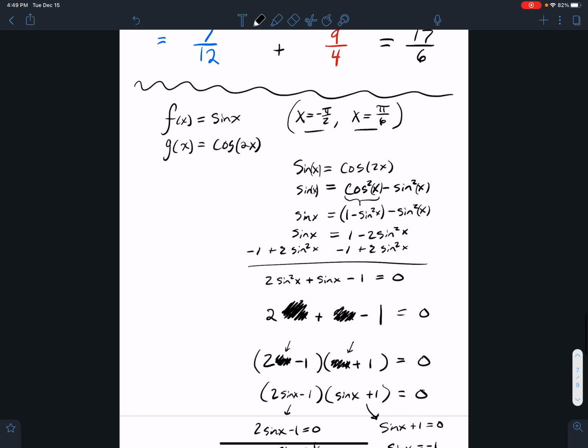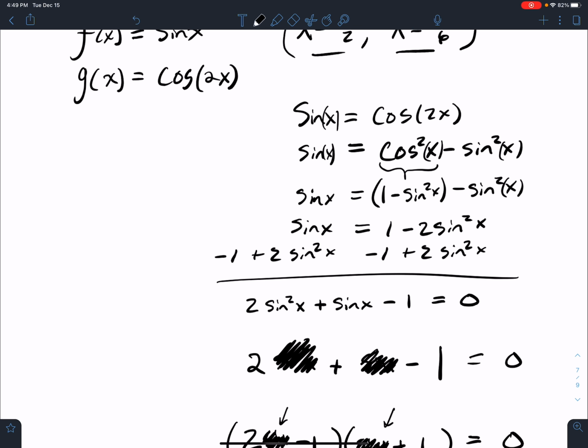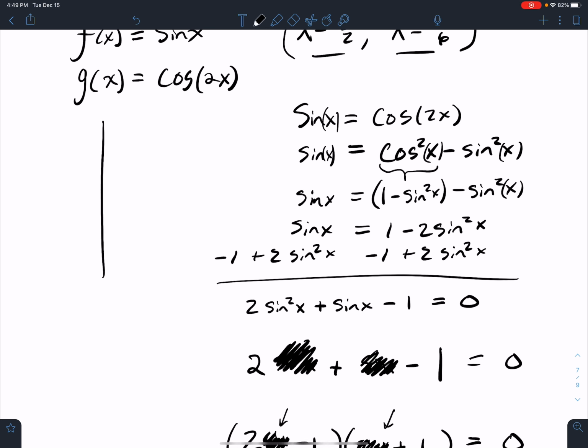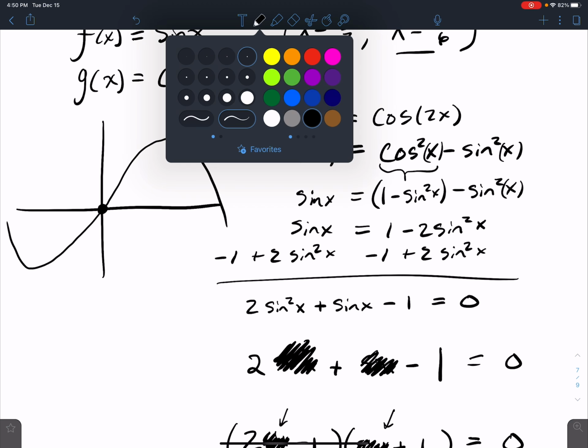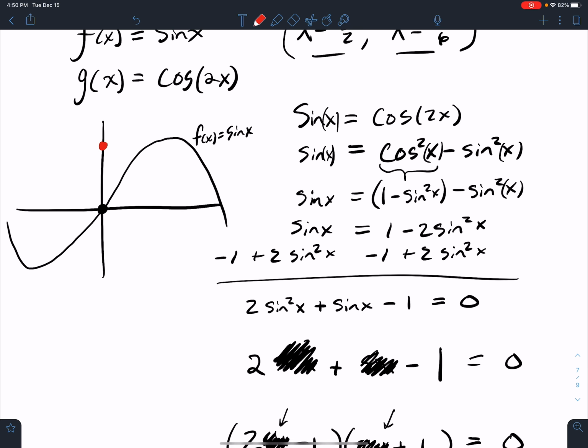Okay, so when we graph this, we shall see the graph kind of looks like this. Sine x, remember it comes to the origin. Okay, so this is f of x right here. And then cosine of 2x, remember the cosine function starts at 0, right? And it works its way down. But at 2x, it's working its way down at twice the speed, okay? So it's going to make its way